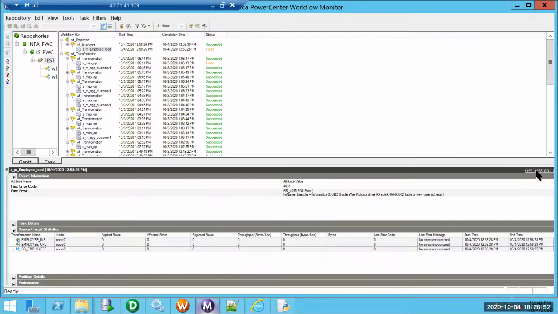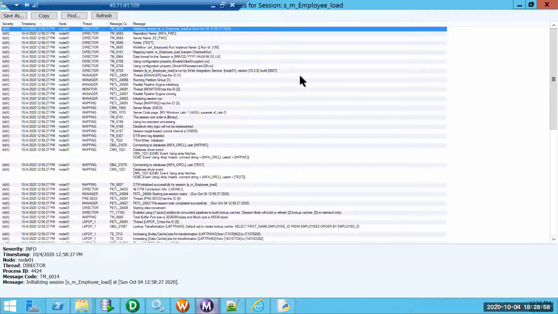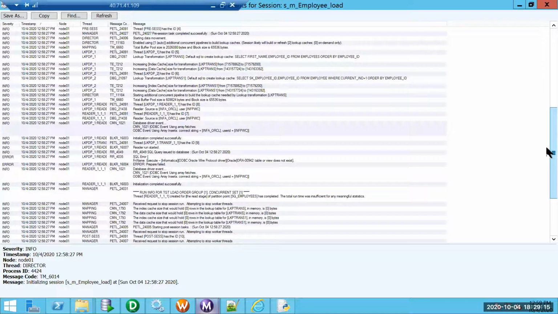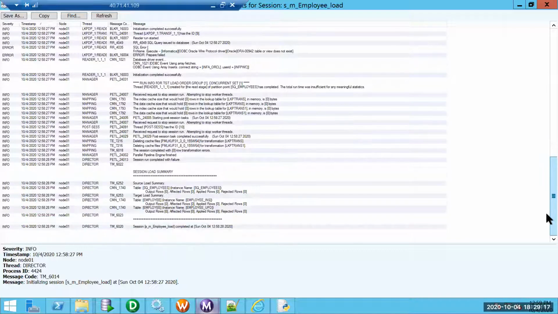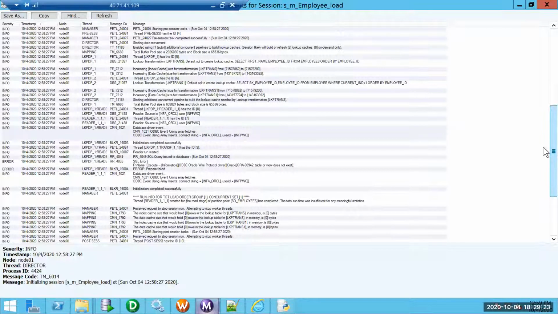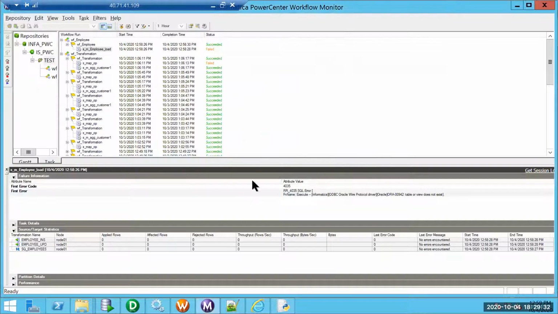Let me see the session log to check if it is able to resolve the complete parameter file. $PMSourceFileDir, let me see where that was. The user info shows the ORCL user, info PWC. It is not using HR. That is the reason.